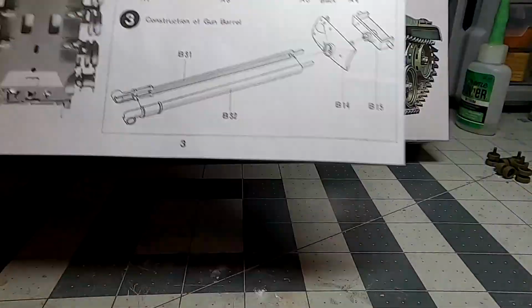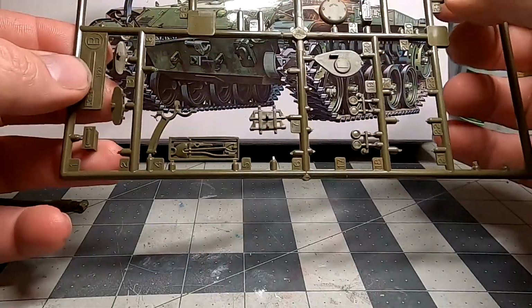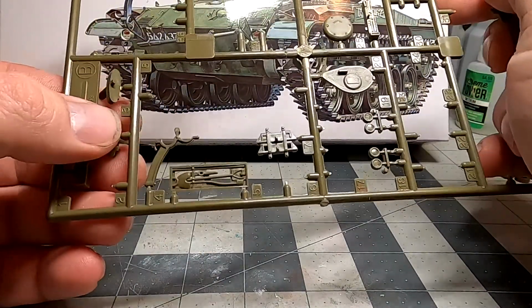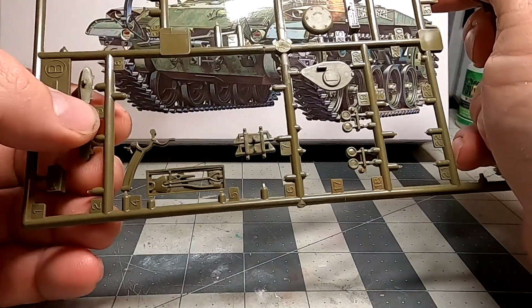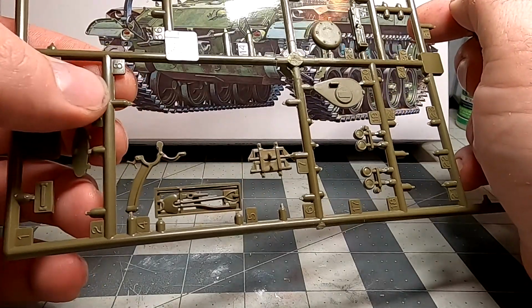A lot of fun doing something different. I think I've been getting a little burnout on doing cars. So I'm gonna do this, and then I'll probably do something else a little bit different as well. I do have a few kits that are not car based. I have